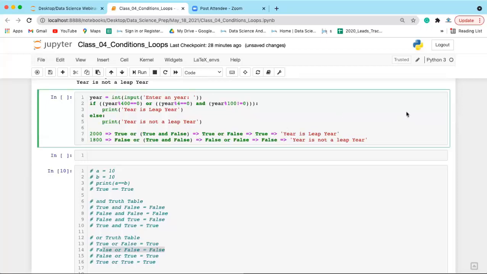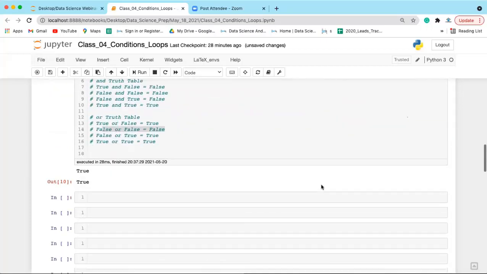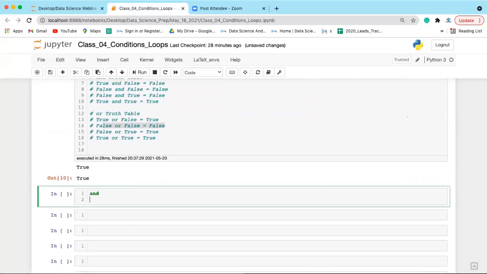Okay. I think most of you are having a doubt about this and this, okay? So see, this is in Python, this is the logical and, okay? Because this and works with the logic, and this is called the bitwise and in Python, okay? This is bitwise and. So this works with the bits. So when you are working with the bits, then you will be using this and. But when you want to check the logic, you will be using this and. So here we are checking the logic. That's why we are using this and. Okay. I hope it is clear, Srilekha and Krishna.